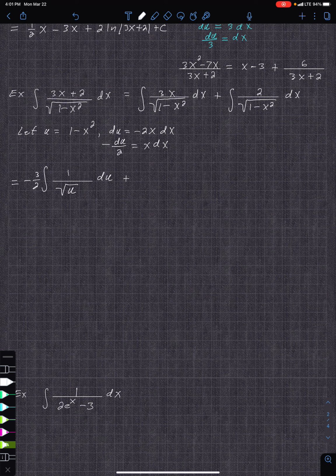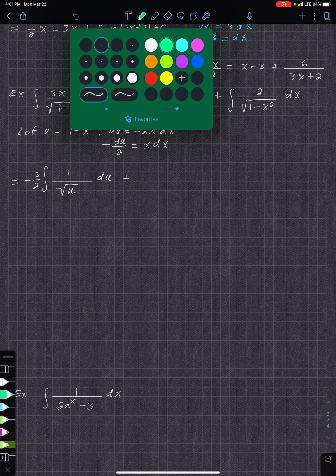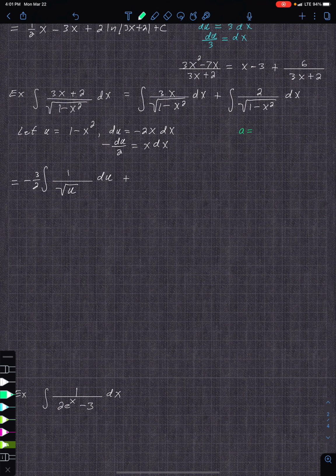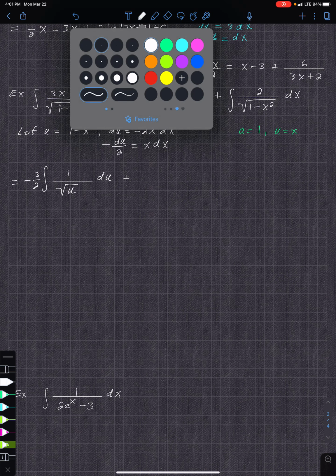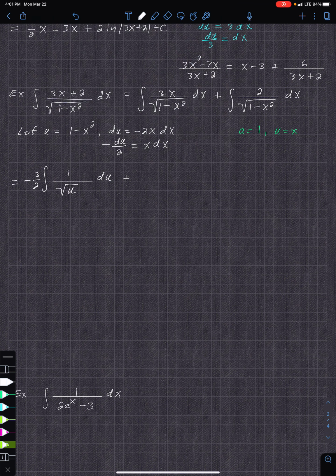And then this next one we already know. This one we have that a is equal to 1, and then my u is just x. So that one's pretty straightforward and easy. Well, I mean, once you see it, I guess. So that's just 2 sine inverse of x plus c. And this one, the negative,